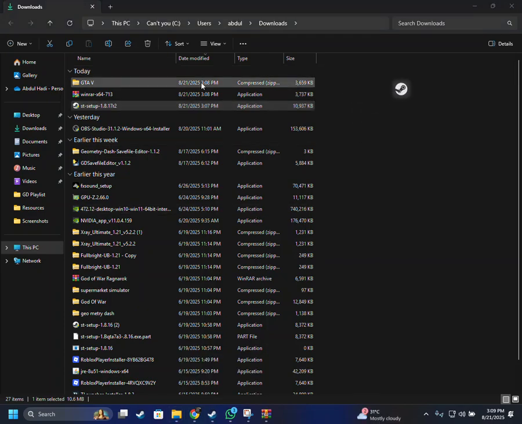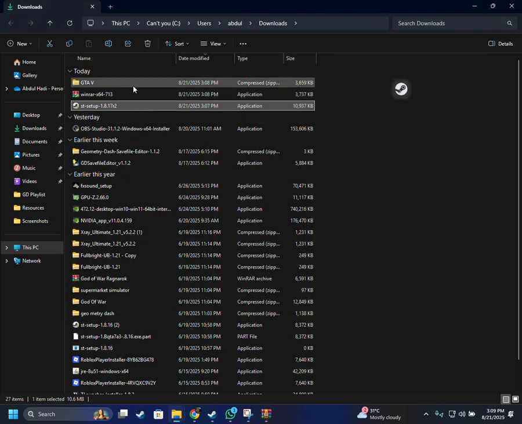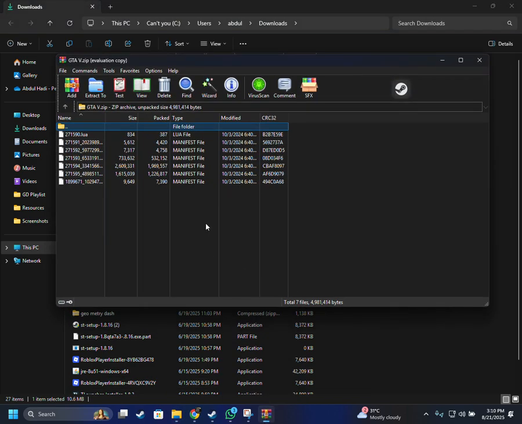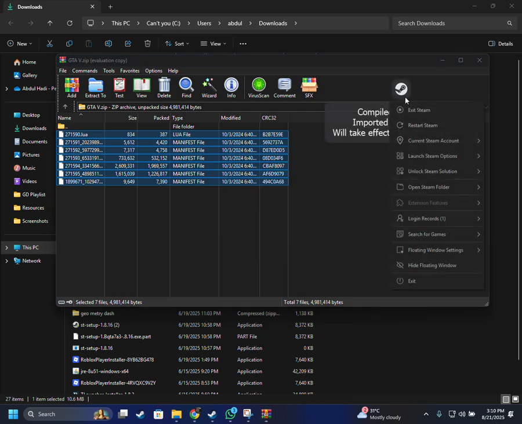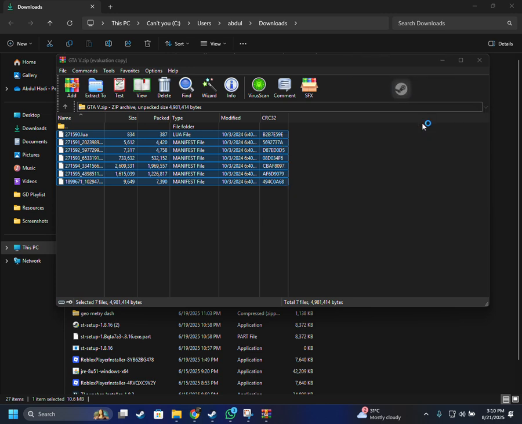So we're just gonna put it to the side here. We open the GTA 5 file, this one, you know, the one we opened with WinRAR. We're just gonna open it again, drag our mouse cursor to do this, then just cover everything, all the files, cover them except this one, don't cover this. And then we're gonna left click and hold it and then hover over this. Boom. Go to launch options, launch with Steam, then just click on restart Steam.